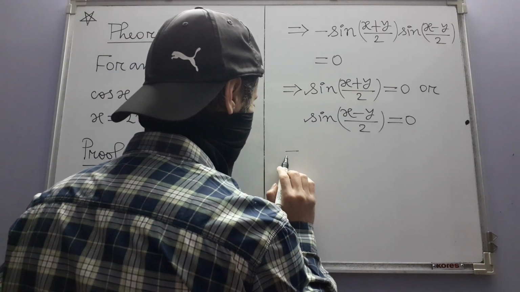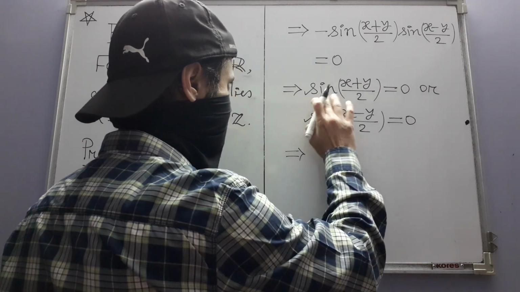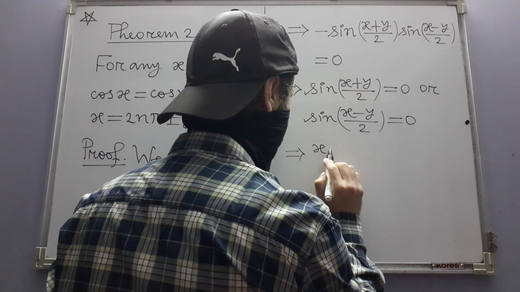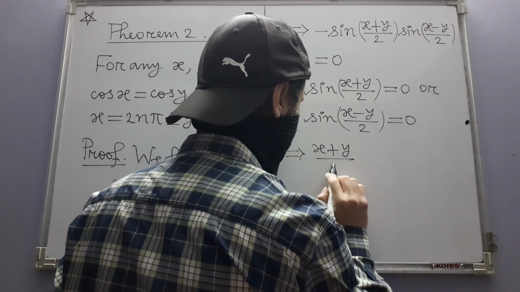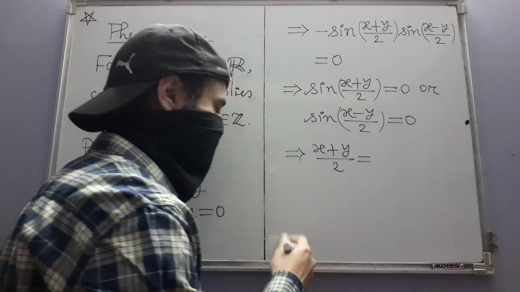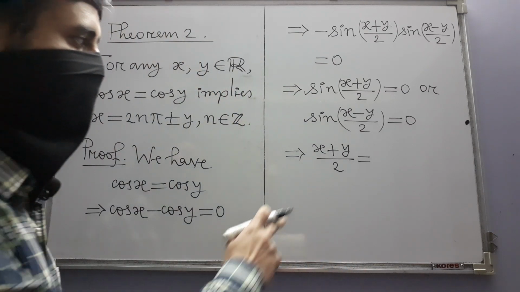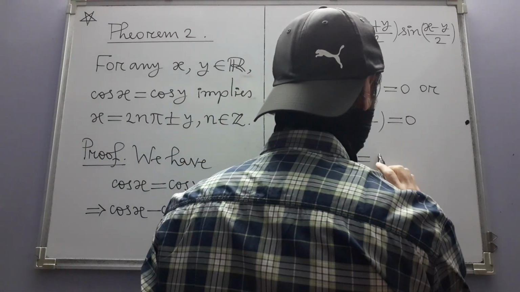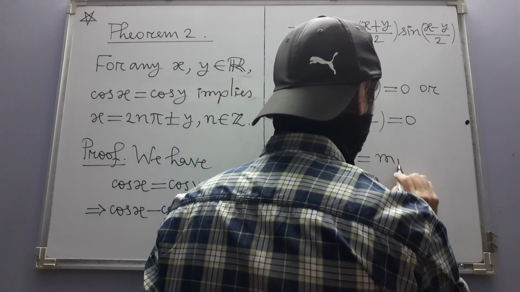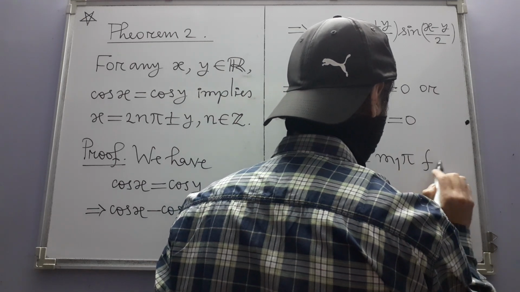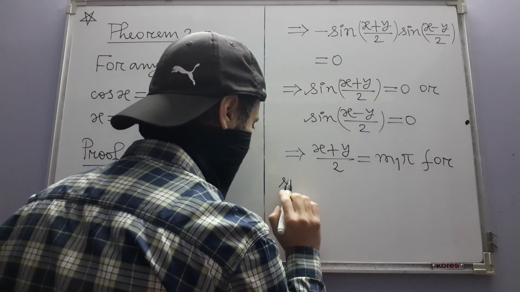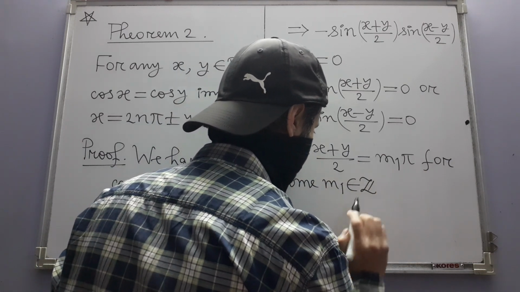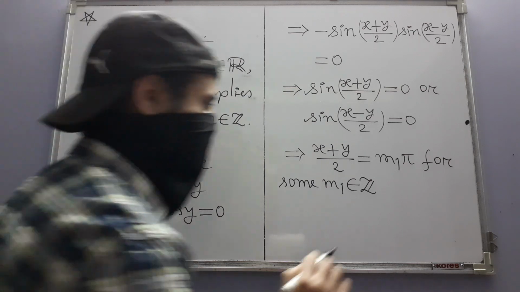Now this means what? Since we already know precisely when sine becomes 0, so x plus y divided by 2. And what is that situation? That's when the input is an integer multiple of pi. So let me write m1 pi for some integer m1, or